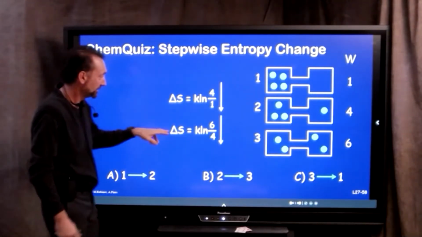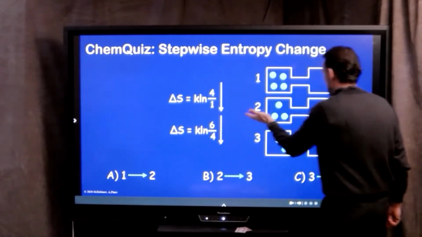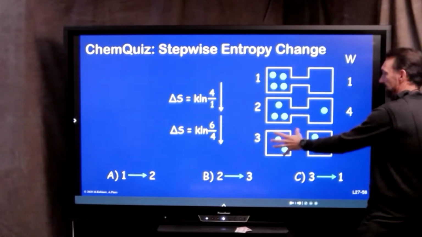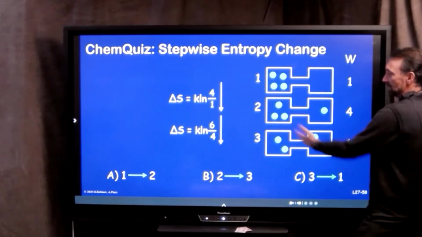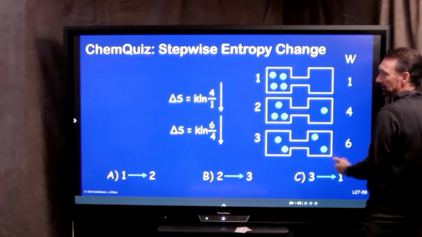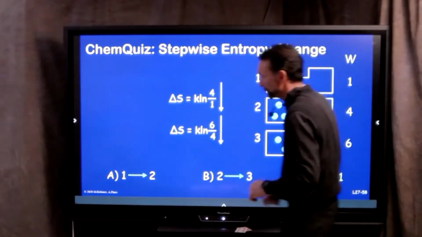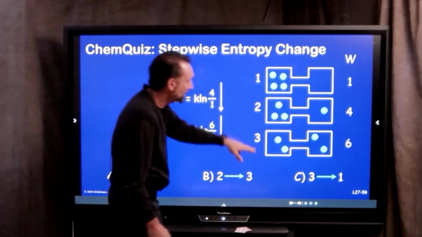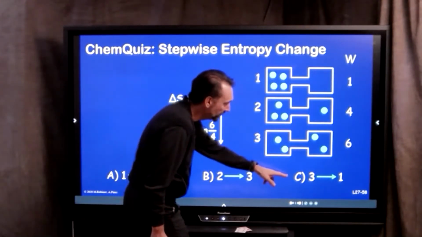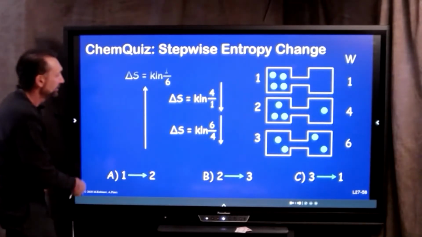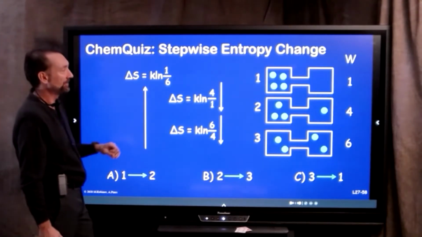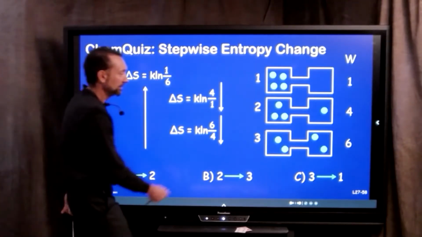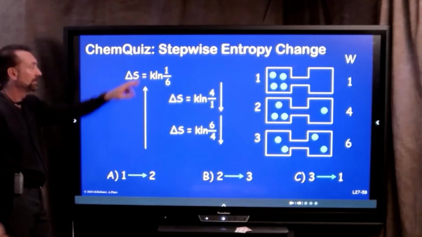What about this state? So here I have this state. Of course, we know there's 4 ways to do that, minus this state, the final way to do that. And we know there's 6 ways to do that. So there's that entropy. And then we're interested in the 1 and the 3 states. But here I've gone 3 to 1, not 1 to 3. So I'm going up. And now the final state is the 1 way, and the initial state is the 6 ways. So that has a large